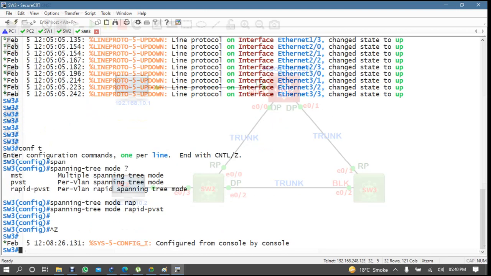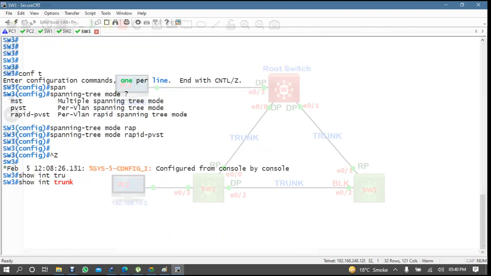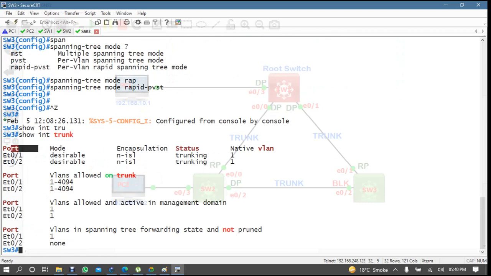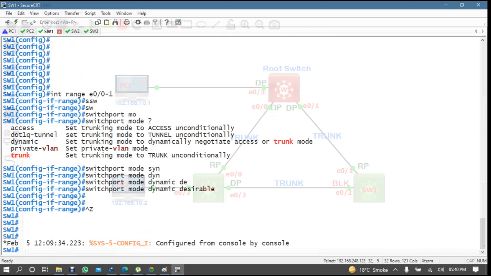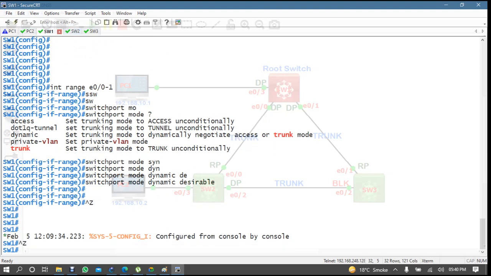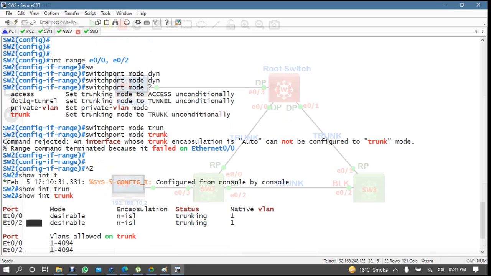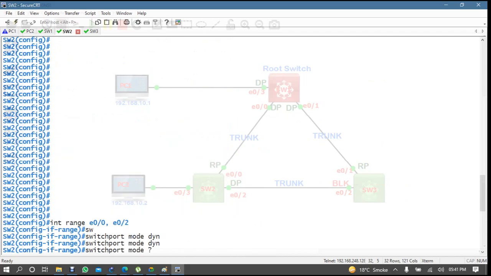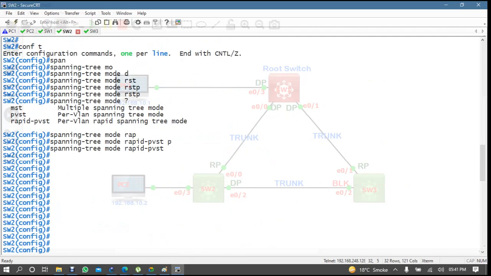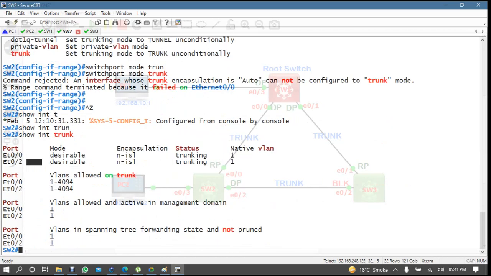Switch 3. So interface trunk. Okay, my E1 and E2 switch. Okay, fine. Every port is trunk, except 0/3 on switch 1 and switch 2, right? Yes, fine, no problem. So we have enabled this one on switch 2. Okay, no problem. Conf t